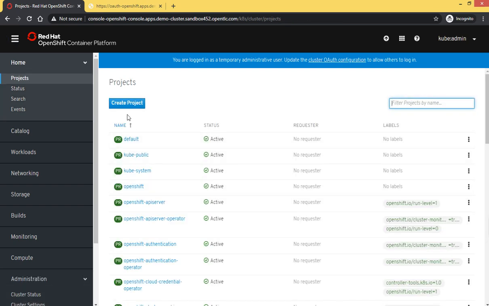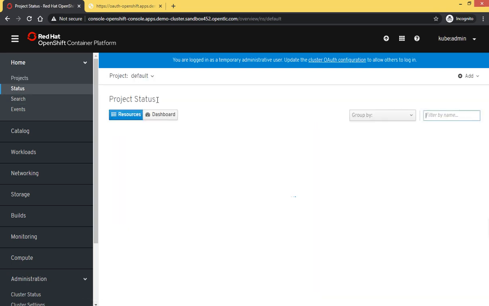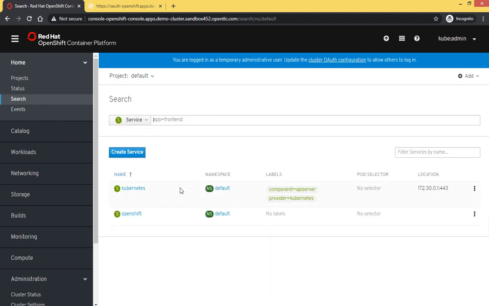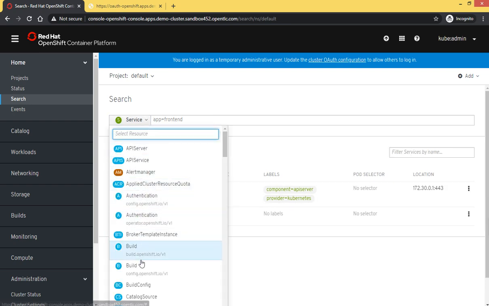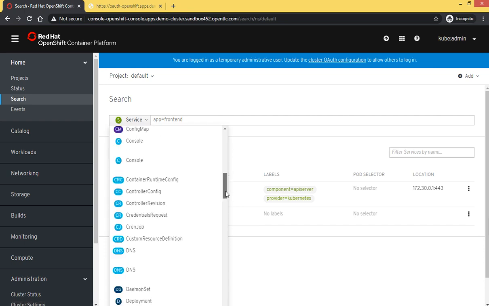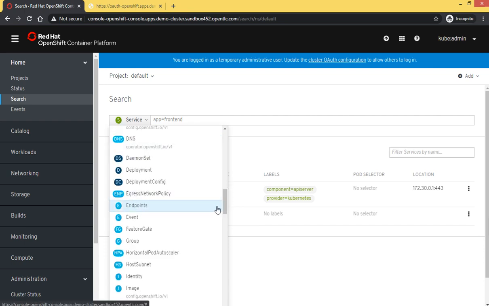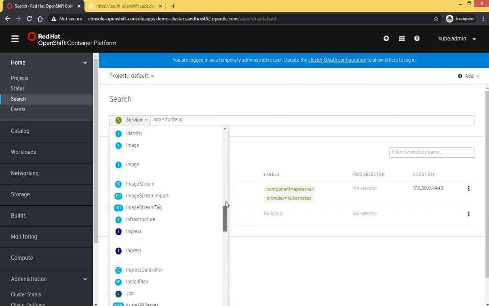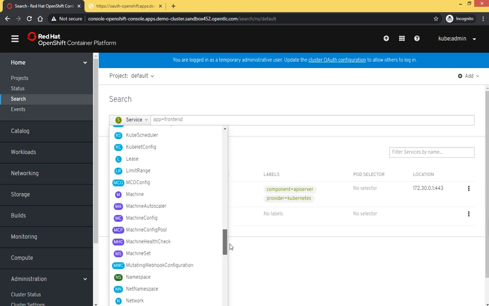Click on projects, we have different projects, we can create projects from here. On the status page, we can see any deployment status here. Then we can search for our projects or different components from here, right, either it's service, build, or anything, DNS. There are a lot more options for checking things.